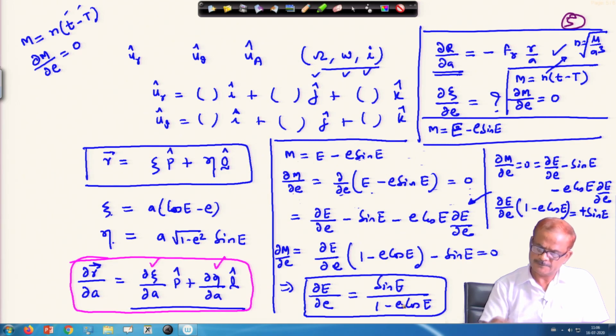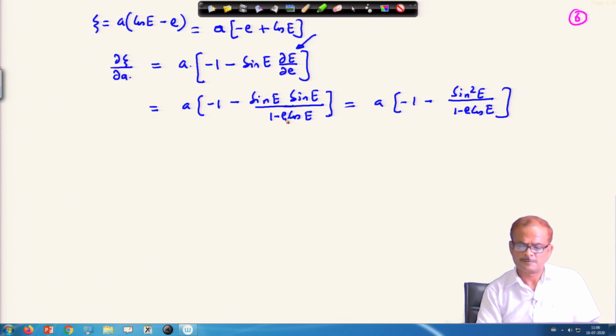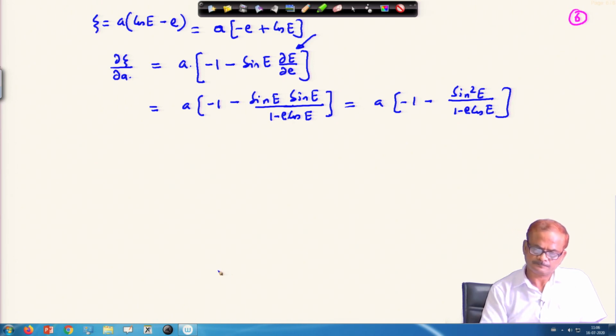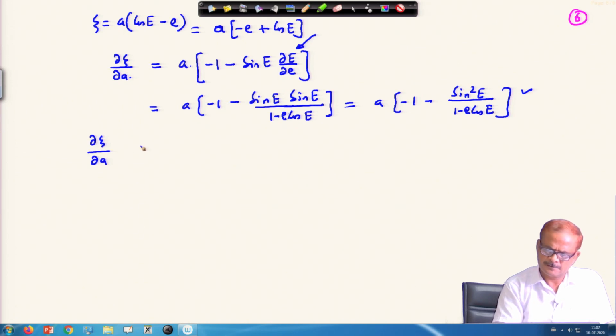One more point, a small e is missing. So, we have here a small e also present, and in this place also a small e is there. And we recast this equation into a slightly different form, so that the solution to the problem becomes a little easier.